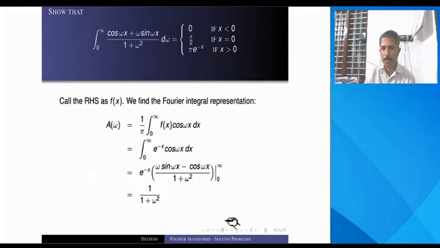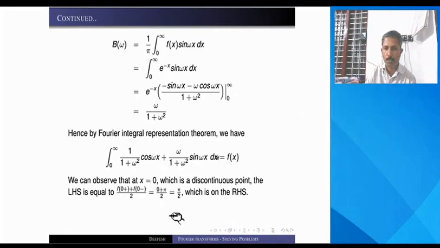And what I am trying to see is whether at 0 this right side is equal to pi by 2 or not. So at 0 the function has a discontinuity, right? Because until 0 it is a constant function 0, and from 0 onwards it is pi e raised to minus x. It's a curve which is decreasing. So at x equal to 0 there is a discontinuity. So at a discontinuity point, the integral is equal to f of 0 plus plus f of 0 minus, divided by 2.